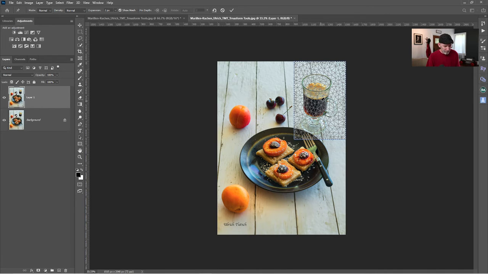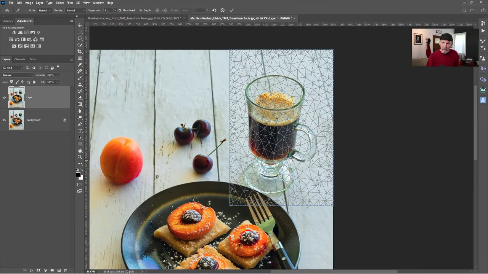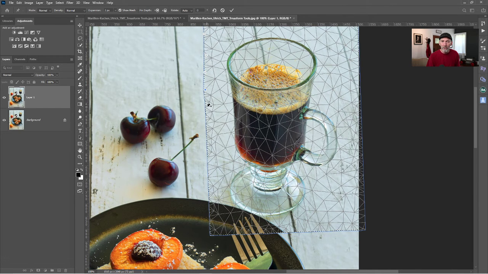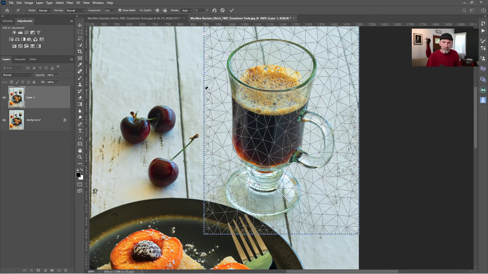So let's, Command plus, pardon me, plus. Let's zoom in a bit. Now I can lock this outer edge in place by just dropping pins all along. Oops. Control Z. I don't want to click and drag because then that'll drag my background. So I'm locking the edge in place here as I go by dropping pins. So I'm just dropping pins to lock everything in place. Now I might be able to use a less dense mesh, and I might still do that as we move forward from here. But let's just lock everything out here